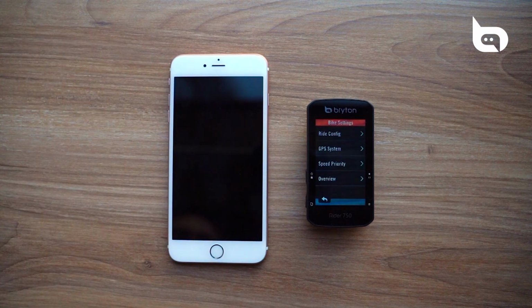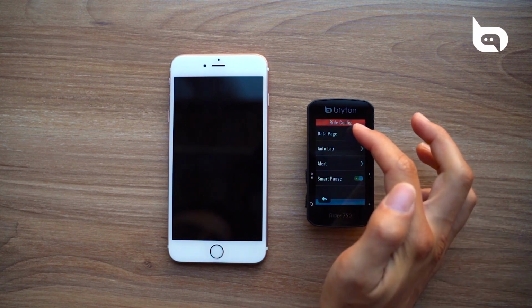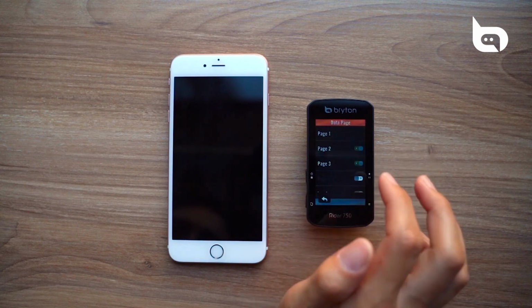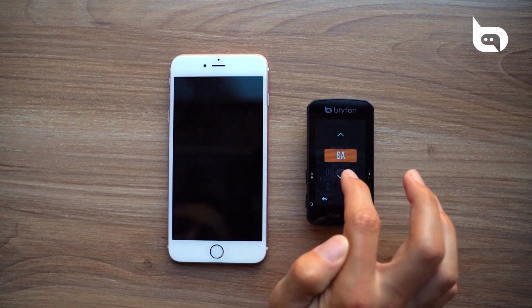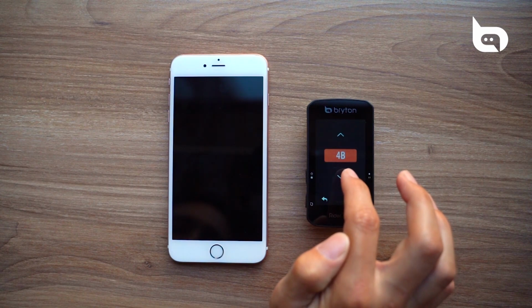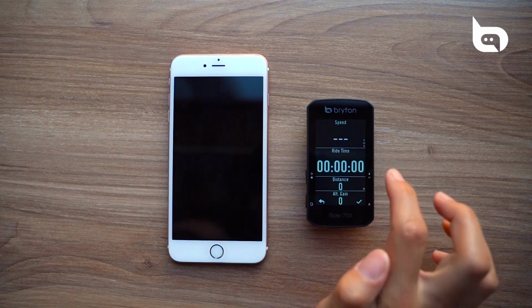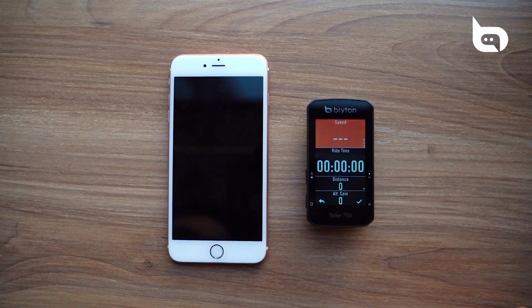From here, you'll have many of the same options that you had using the Brighton Active app. First, we're going to select Ride Config, and again we have a few options to modify data pages for this profile. We'll again choose page 1, and then choose the number of data fields for this page, followed by the OK button. So for this one, we'll choose 4B, so it has a little bit less data on it. And then from here, if you want to modify a data field, all you have to do is long press the field until it is highlighted, followed by a single tap again on the field to confirm.